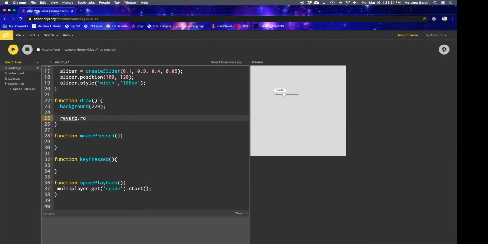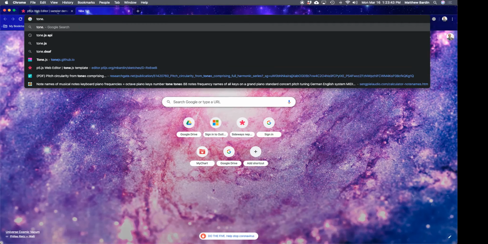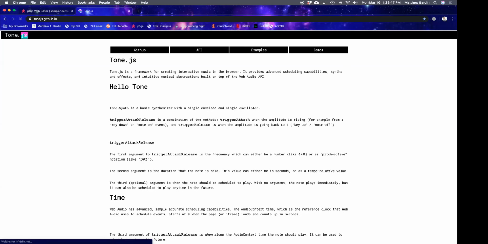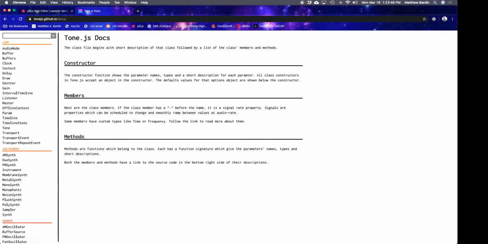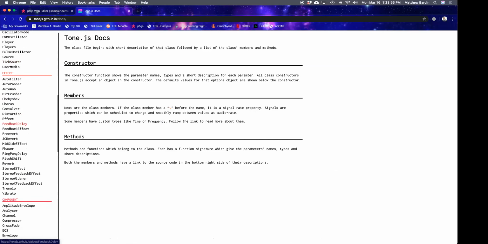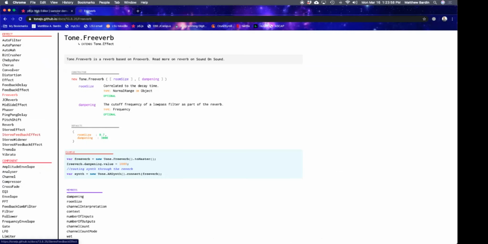reverb dot room size, which is a parameter of the effect. And in fact, if I go to tone.js, this is the reference page. If I click on the API, that's all the reference stuff. If I scroll down to find Freeverb, which is the one I'm using, I'll go here